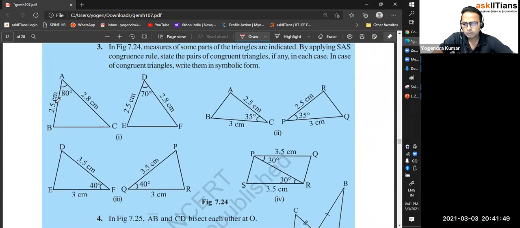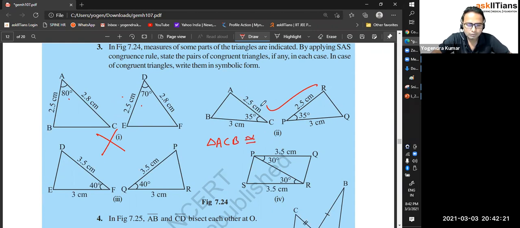Now, 2.5, 2.5, 2.8, 2.8, but the included angle is not the same, so that's why they are not congruent triangles. What about here? 2.5, 2.5, now this is 35, 35, 3 and 3. They are congruent. So we will write here triangle ACB is congruent to